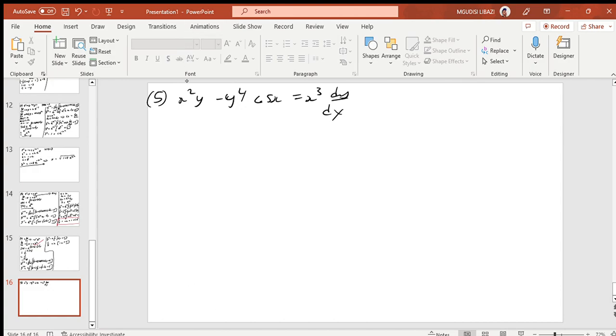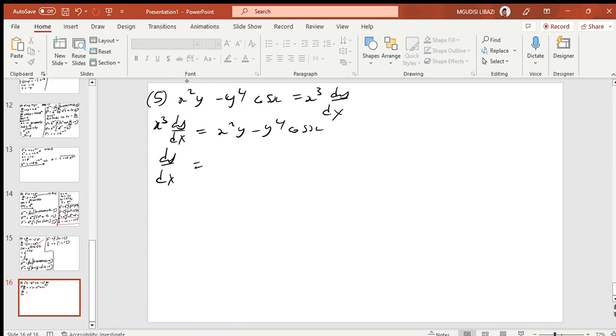So first things first, we can rearrange this as x raised to 3 dy over dx, which is equal to x squared y minus y raised to 4 cosine of x. So you can say now dy over dx is equal to,